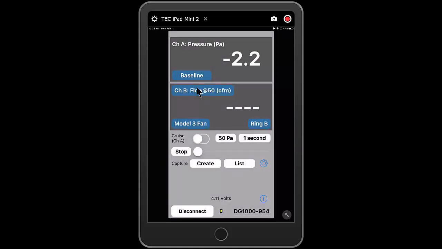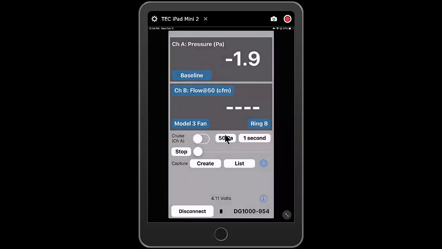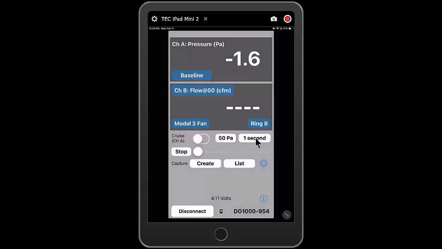And we've got cruise here, and you can see what the different cruises are, or you can enter in a custom cruise if you'd like. And then time averaging, you can do the 1 second, 5 second, or long term time averaging. So let's start a blower door test. So we'll click on the baseline,